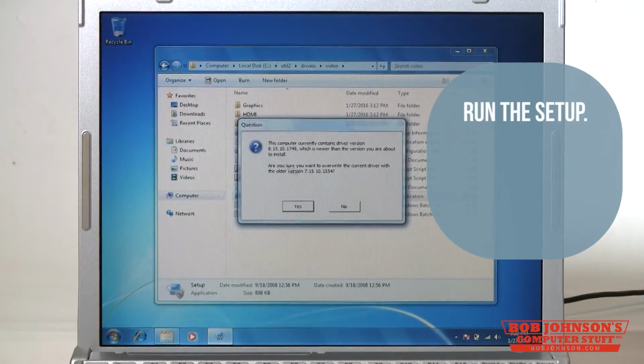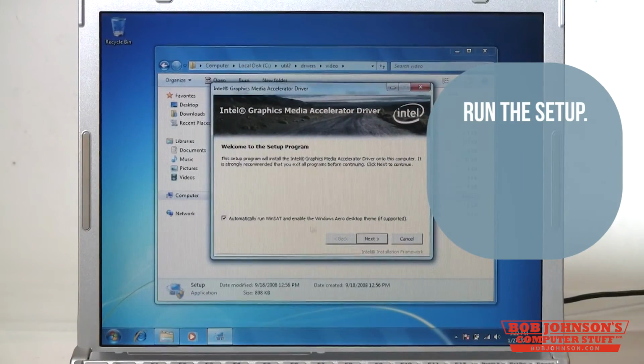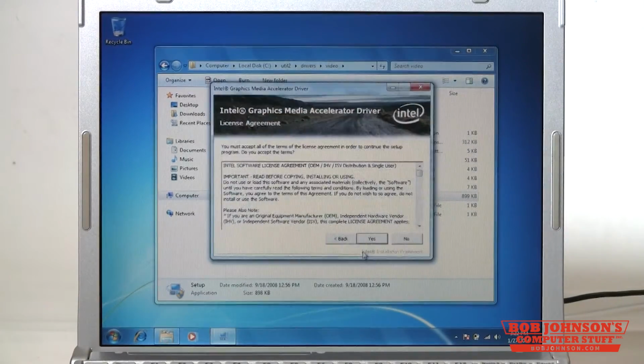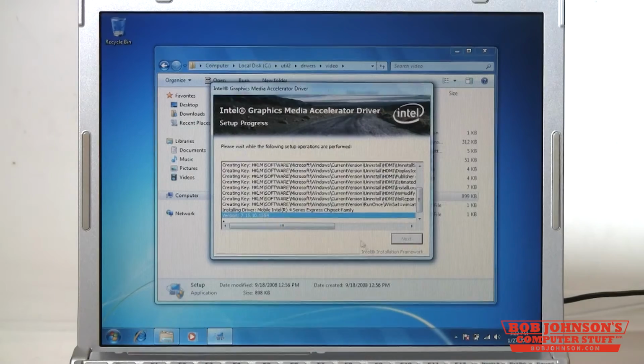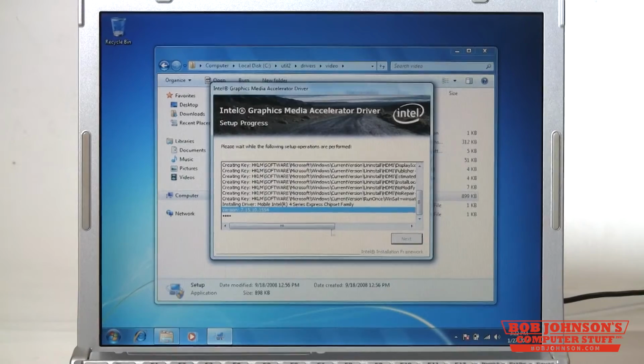It's going to say that the video driver that's currently installed is newer. That's okay, go ahead and install the driver anyways. The current driver that's installed by default will not work well with the hotkey driver. So you have to install this driver or the hotkey will not work properly for you. Go ahead and leave it as defaults and click Next. Click yes. Click Next. It may take a minute for the install to complete, and then once it finishes installing here, the computer will need to restart.